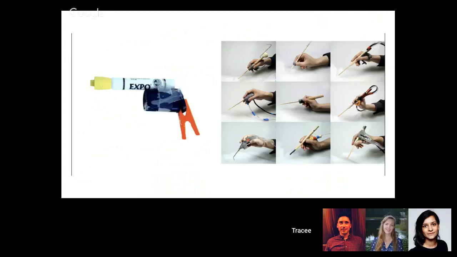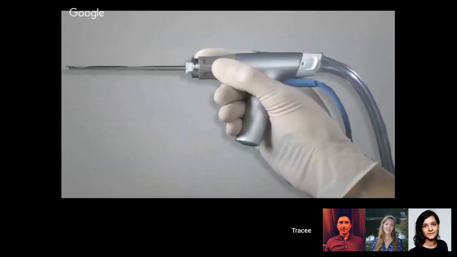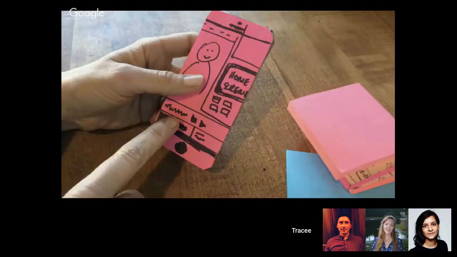And what this ended up looking like eventually was a much more refined looking device. On the next slide, this is what that prototype made out of a marker and a stapler eventually looked like, and that was how it actually translated. So you can make something out of very low cost material to test it out.